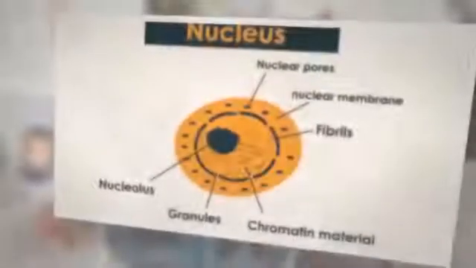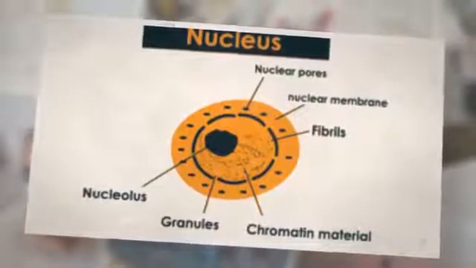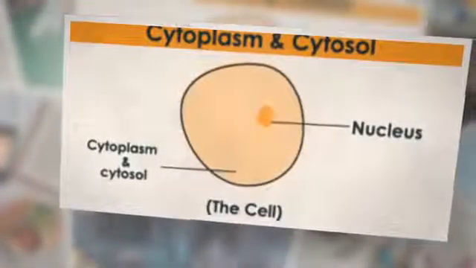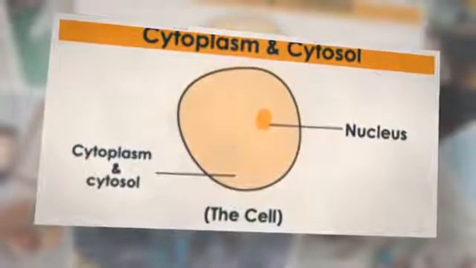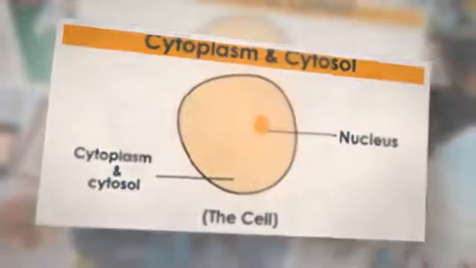What is the nucleus? It is a membranous organelle found in the center of eukaryotic cells, not prokaryotic cells, where there is no nucleus. It contains most of the cell's genetic material, organized into DNA macromolecules called chromosomes. In some cells, the number of nuclei may be more than one.